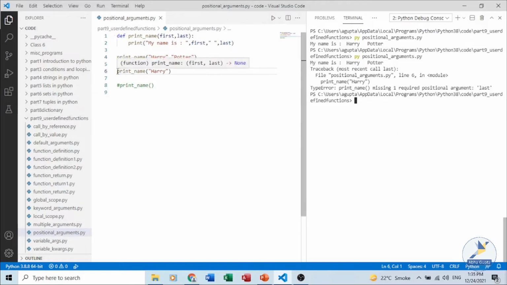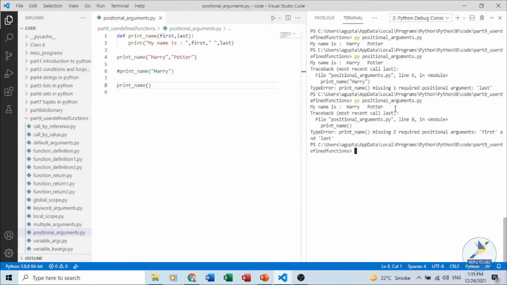If we do not pass any argument, then too we will get an error. Let's see that error also. Again we are getting missing two required positional arguments. So if there are any required arguments, then an exact matching should be there.